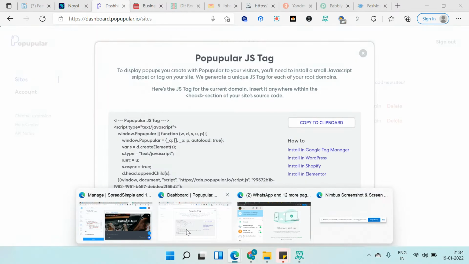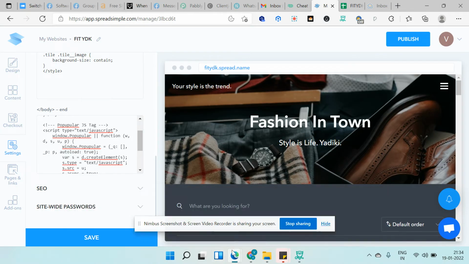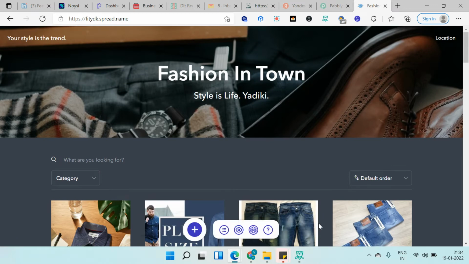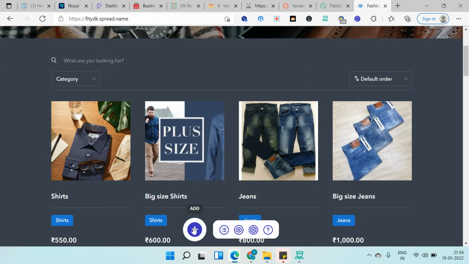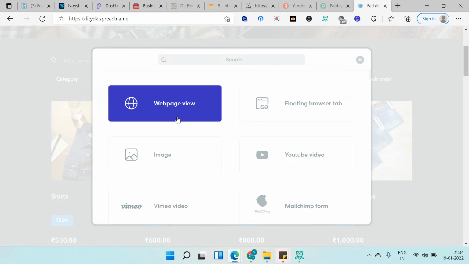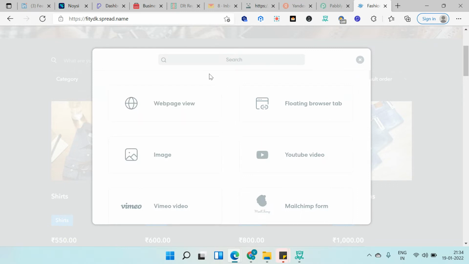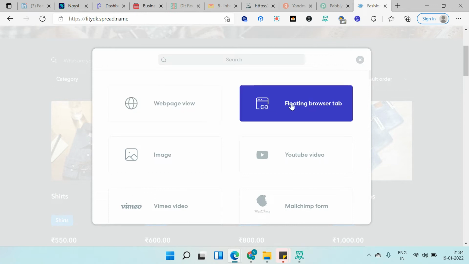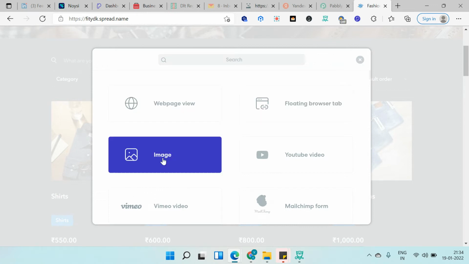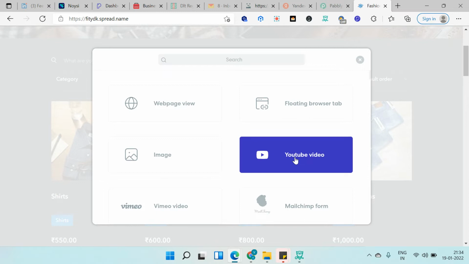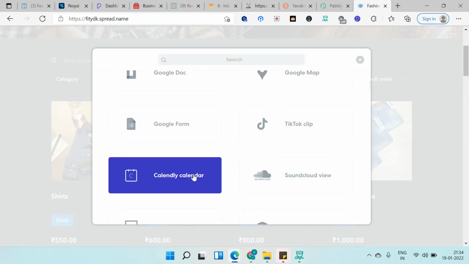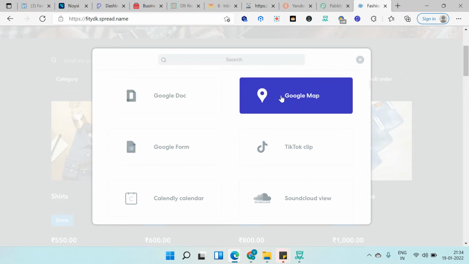Now I go to this website. Here click on this particular button, the plus button. Here it will ask how you want to add the pop-up: page, web page view, floating web browser tab, or image, or YouTube videos, something like that. We can just try with anything. If we go to this,